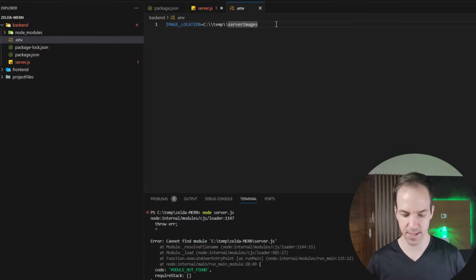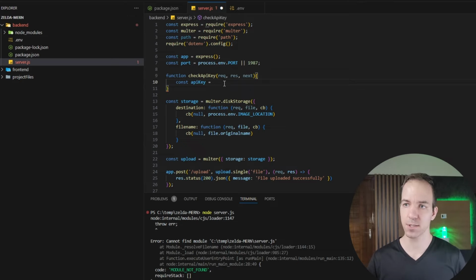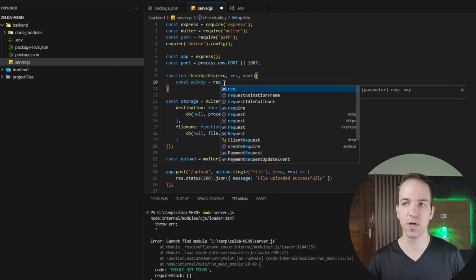And in here, basically, I'm going to say API key, and this is going to be equal to, I'm just going to call it Zelda 1987. And if we save that file and then come back into our server, and now inside of our server.js, we need to finish checking this API key function. So this API key is going to be equal to